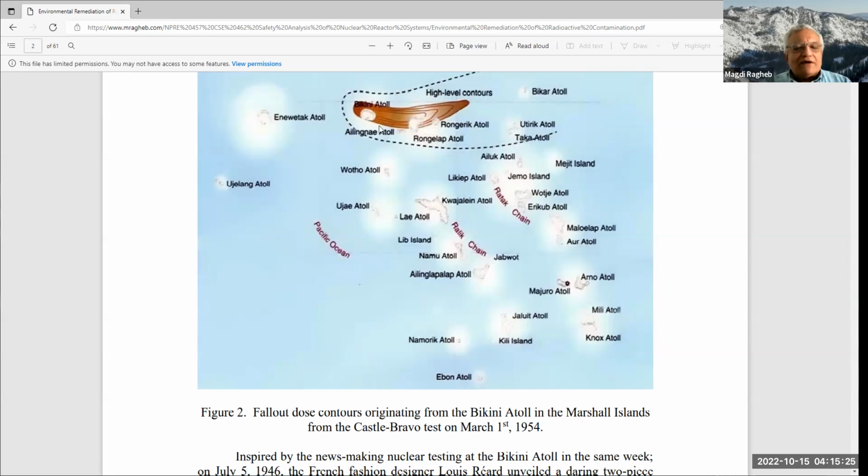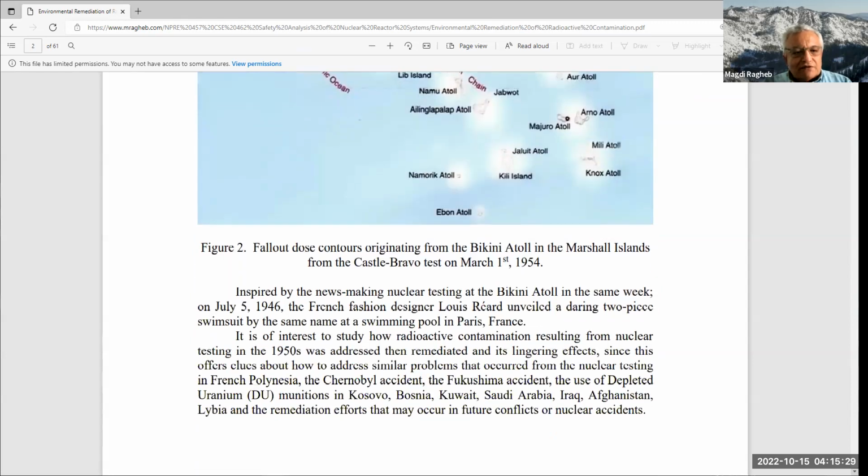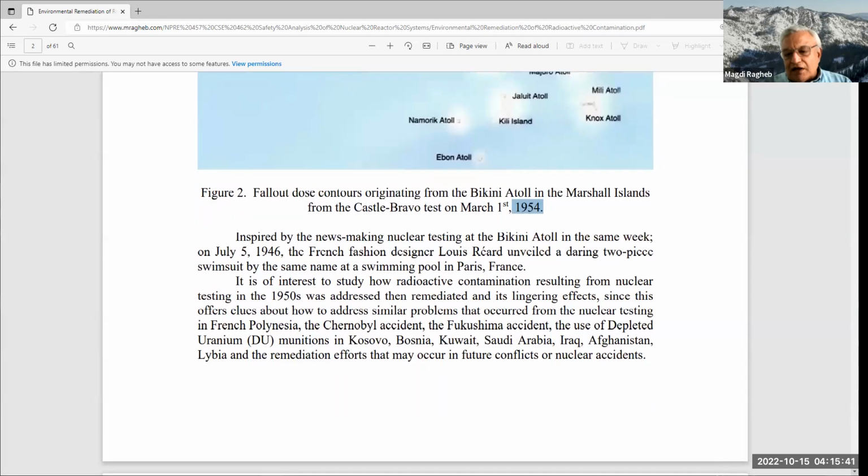They had to take them back and forth and compensate them for a great, great harm that was done to them. And the test that was carried out at that time, if you want to read more about it, is named the Castle Bravo test. That happened in 1954. So the islands in that case were contaminated with large amounts of that nasty